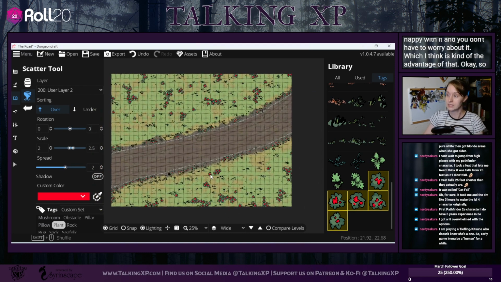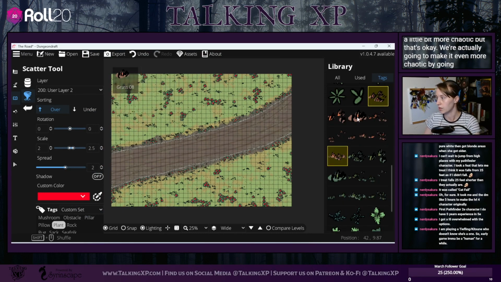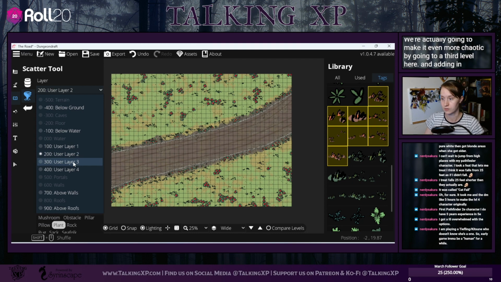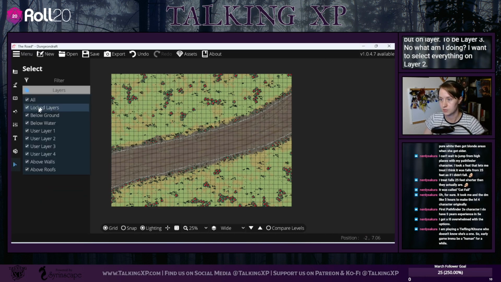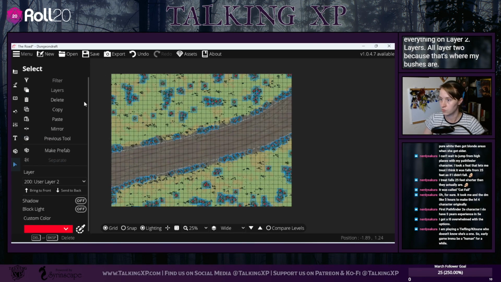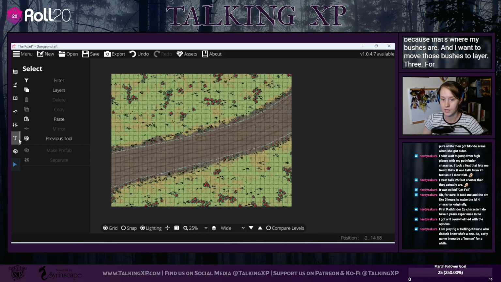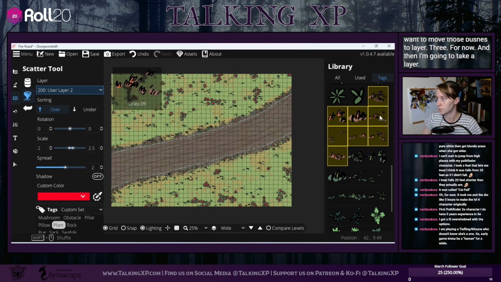Okay, so now we have all of this, which looks a little bit more chaotic, but that's okay. We're actually going to make it even more chaotic by going to a 3rd level here and adding in grass, but on layer, that should be layer 3. No, what am I doing? I want to select everything on layer 2, because that's where my bushes are. And I want to move those bushes to layer 3 for now. And then I'm going to take layer 2, and I'm going to put this dry grass on layer